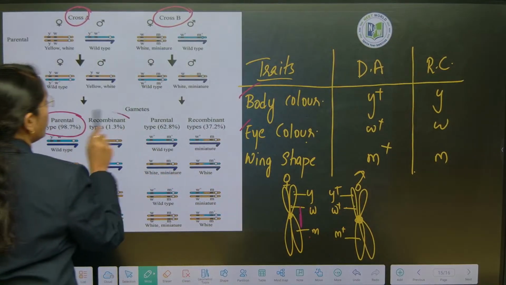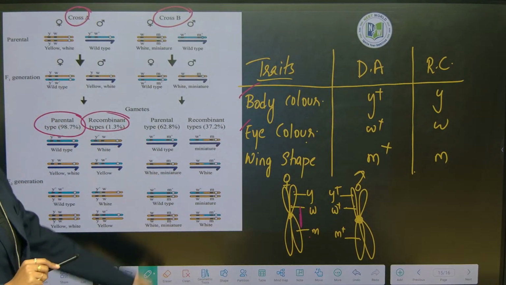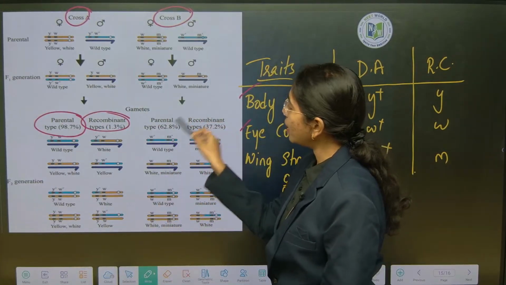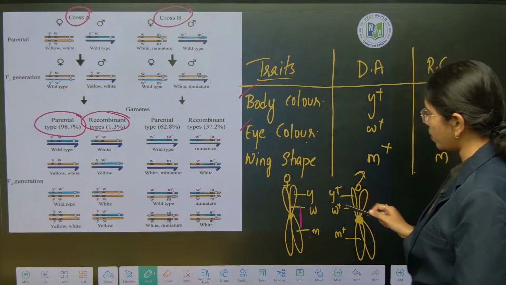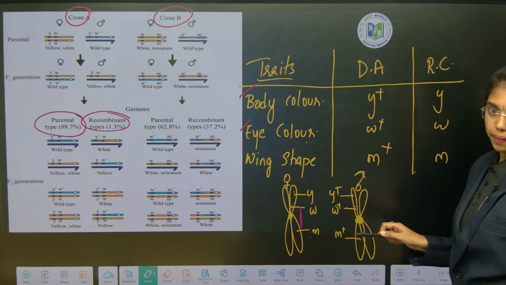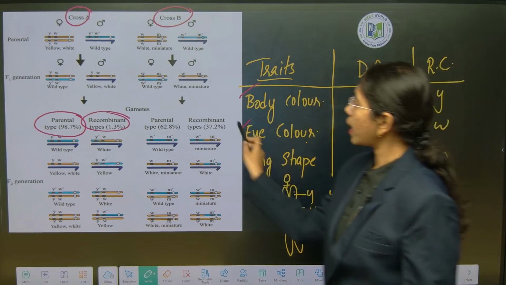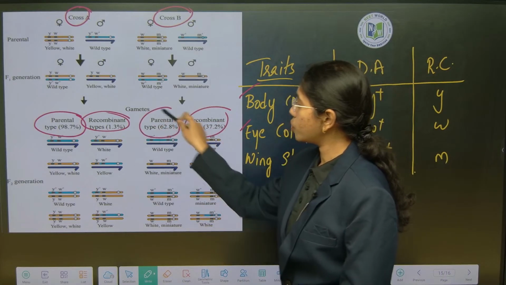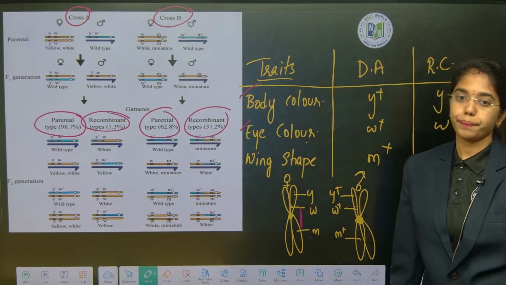Recombinant types will be 1.3%. Same in the case of cross B, parental combinations will be less because it is the cross between wing shape and eye color. Okay. Recombinant combination is 37.2,